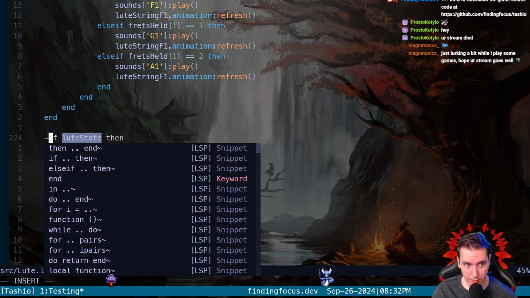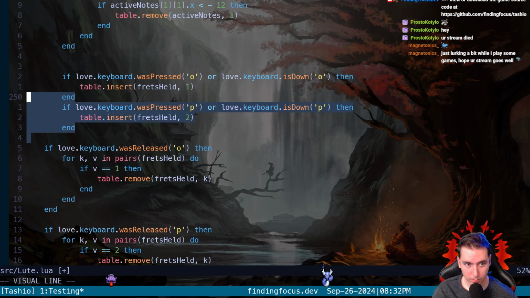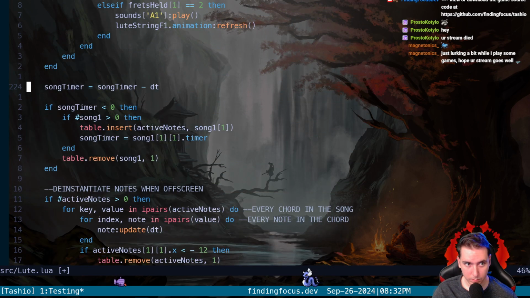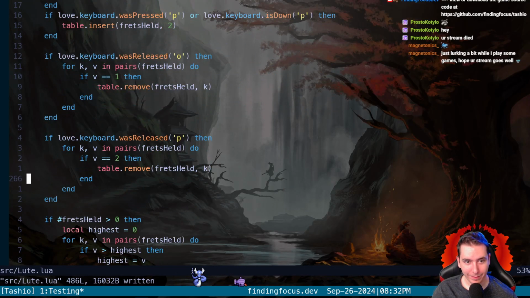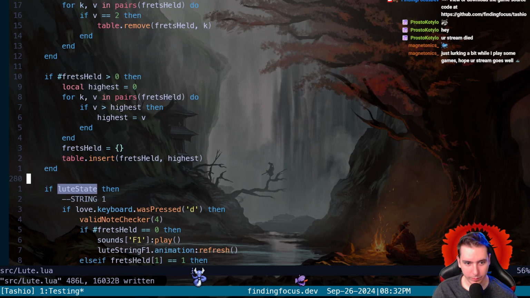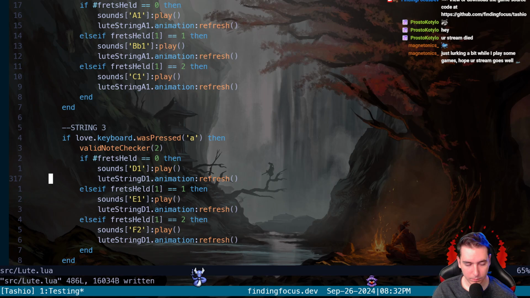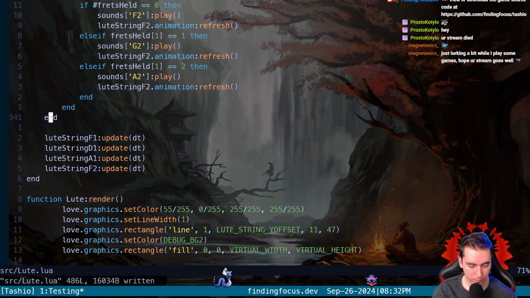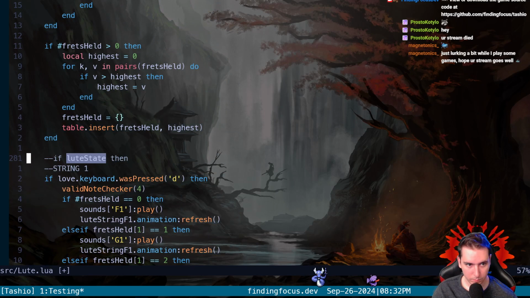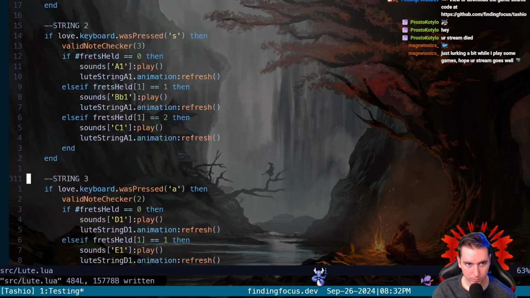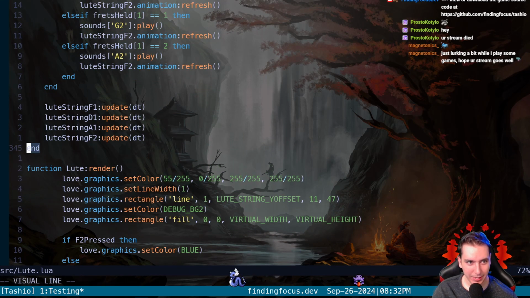So this Lute state, we need to find the end right here. I have zero faith that this is going to run the first time we try it. Man, what a mess, dude. What a mess. Oh, where are we missing an end?